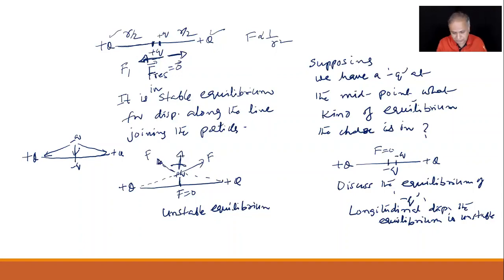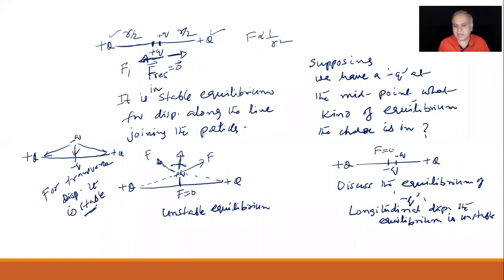I'm just splitting the problems to focus on one idea, so that I don't mix up two ideas. Remember, IIT JEE Advanced is 3 ideas put into a problem and a little extra calculation. That can be converted into 3 to 4 Mains level questions, BITSAT level questions. But conceptually, both are the same, believe me. Now, what will you say? For transverse displacements, it is stable.